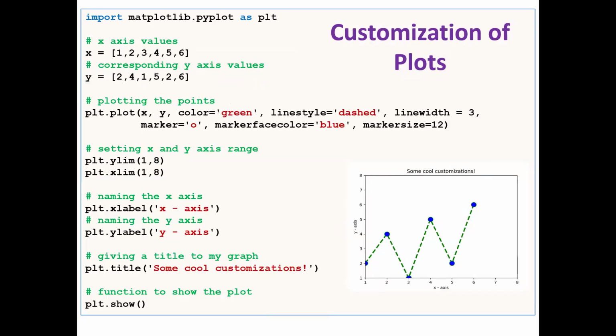So this is a marker, with the help of the marker attribute. In the plot function, the x and y coordinates we have already discussed. Other parameters are color, which I can give as red, blue, green like that. Line style is dashed, solid like that. Line width I can mention. Marker is circle, diamond, like that; a symbol I can give. We can also mention the color of the marker or the size of the marker. These are the optional parameters. To draw a plot, the two arguments we require are the x coordinate and the y coordinate.